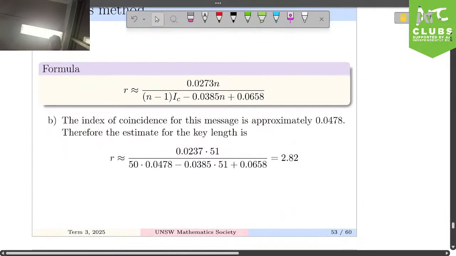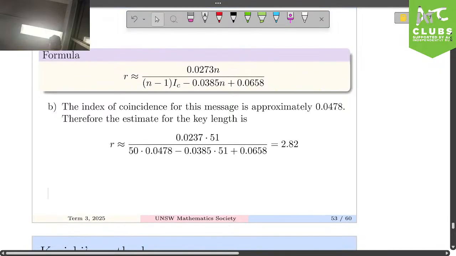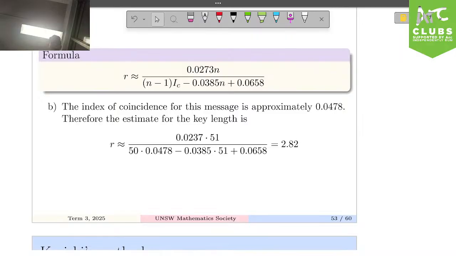Right, and then we can put it into this formula that we had, and we can find the length of our blocks for our Vigenère cipher. It's 2.8, which means that our Vigenère cipher had a code word of length 2 or 3. 2 or 3. R is actually a really good estimate though. So it's only going to be probably plus or minus 1 from where it is. It's going to be either the ceiling or the floor. Turns out it goes really far away quite quickly. So R is a pretty good estimate for the block length, okay?